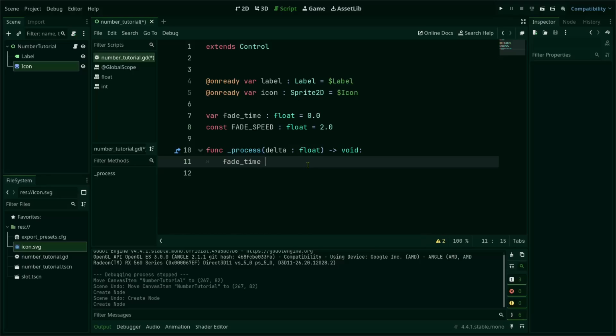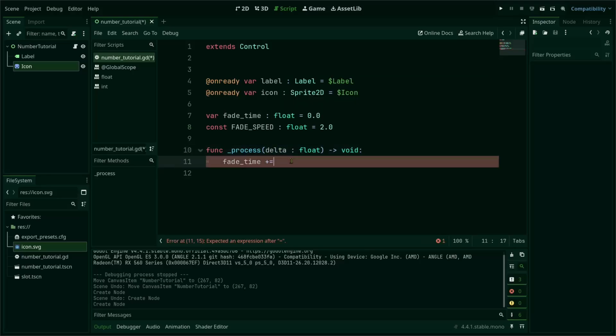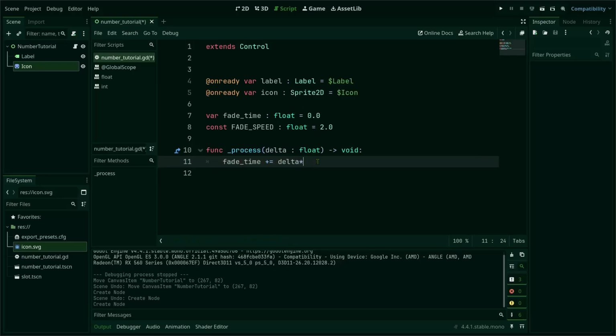And we are going to slowly increase it based on the delta. So it's going to be delta times the speed. And then we say icon.modulate